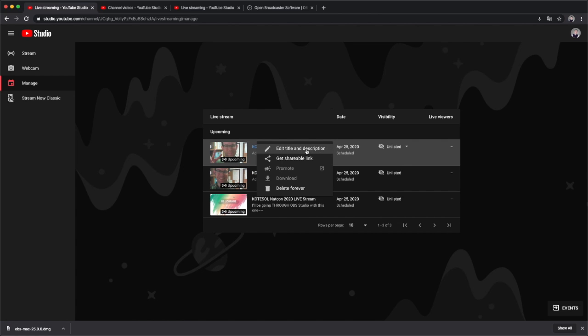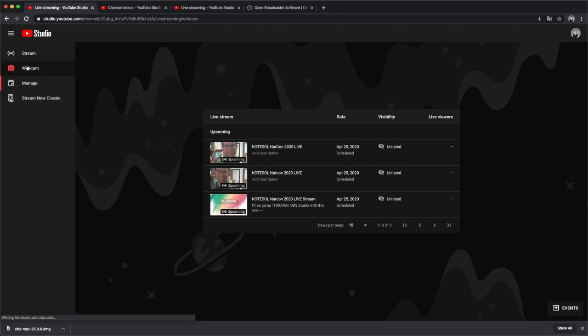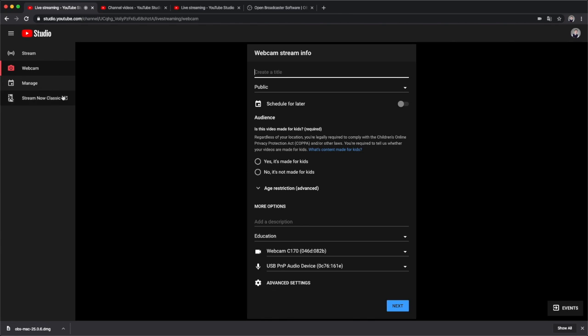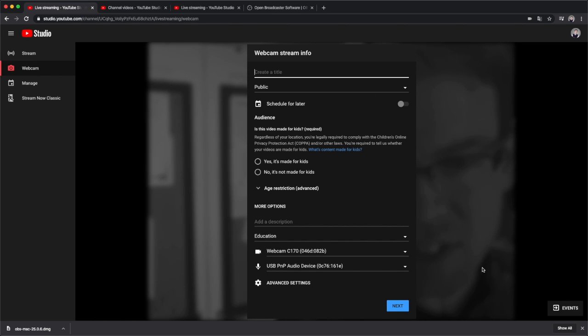If we click the 3 buttons right there, you can get a shareable link, and then you can send that to Coteasel. So that is the first way, and that is using the webcam. If you're only going to be using the webcam, then this is how you can set it up for using